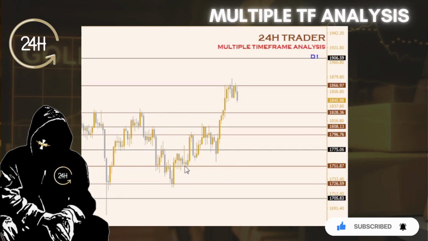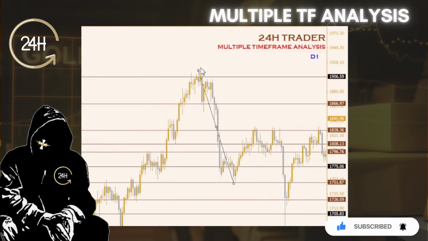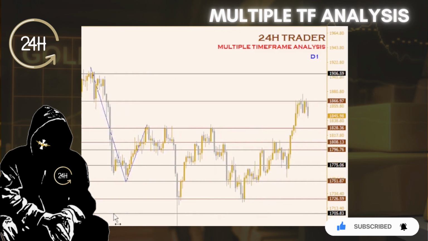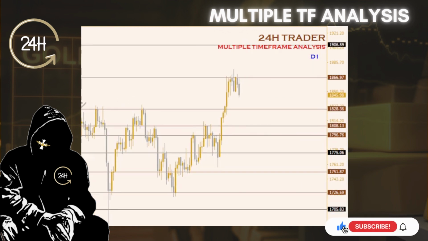Okay, this is the schematic from the daily time frame. As you can see, the market went down from here to here. I will give blue lines. Okay, medium blue. The market went down from this high to this low, and then it bounces up from that low to these highs. Then it moves sideways, and then it went further down here